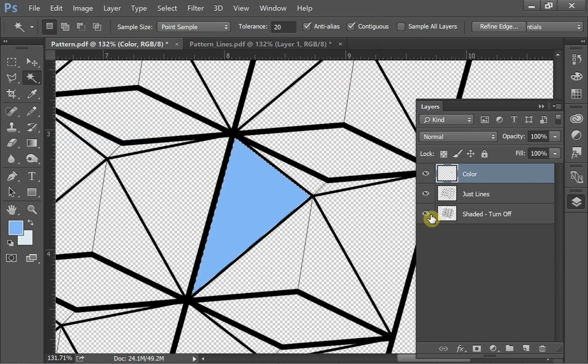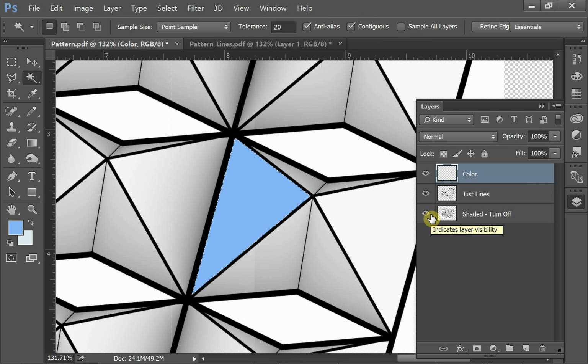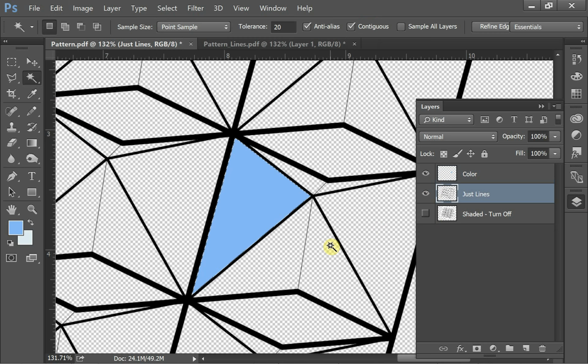Okay, perfect. So when I turn my shaded on, I'm going to want a darker blue for these two areas. Okay, so I'm going to go to my just lines layer, and I'm going to pick these two areas with my shift key there,